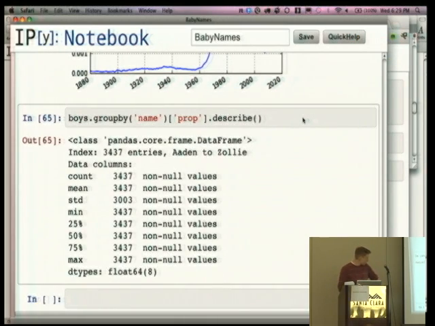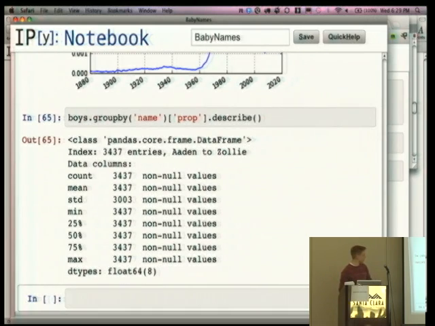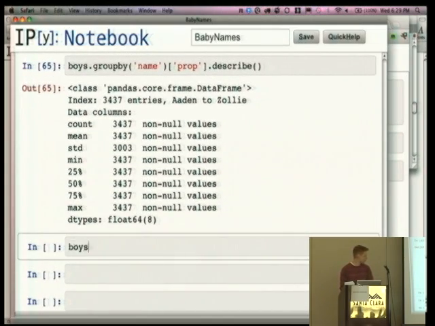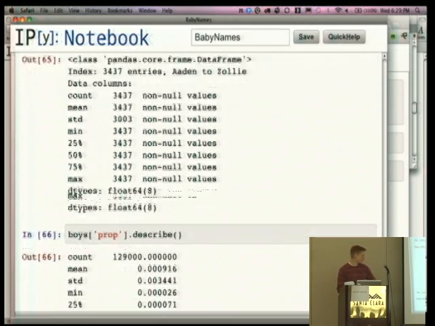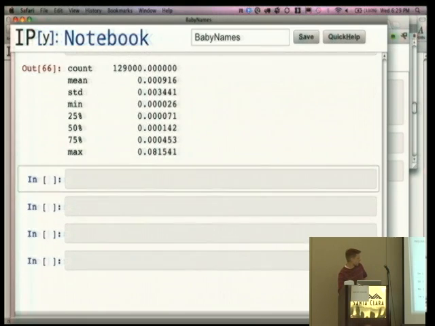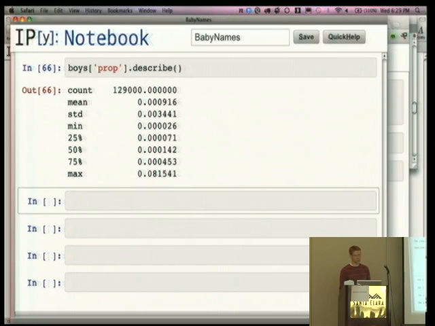If you call describe, then I should probably save this in two variables. So I'll explain what happened. Describe isn't actually a method that is implemented on group by. It's actually a series method. So if we do boys sub prop describe, if you have SciPy installed. If you don't have SciPy installed, this probably did not work. So boys sub prop describe takes the entire array of proportions, and the describe function gives us a simple summary output of that column. It gives us the mean, standard deviation, and then the min, and the interquartile region, and the maximum value. So you can imagine if you wanted to call that function on each of those groups of data,